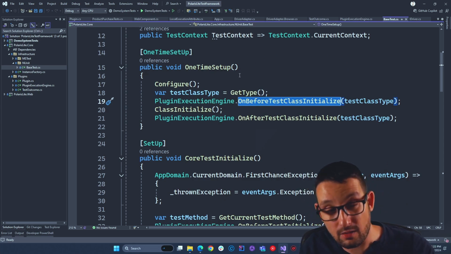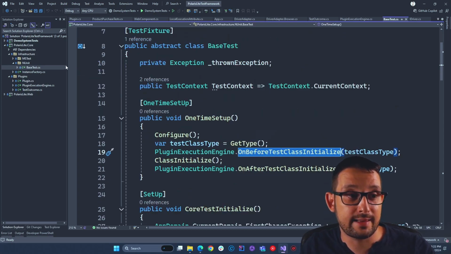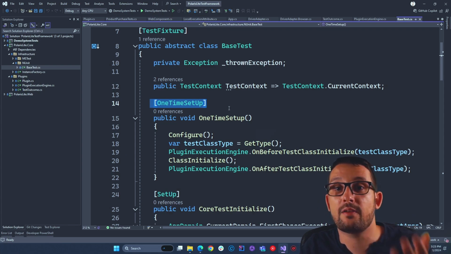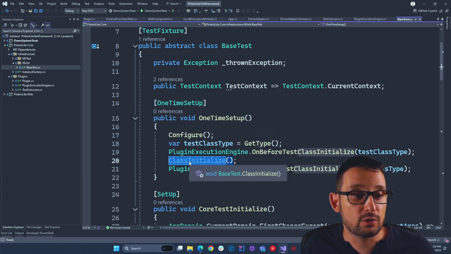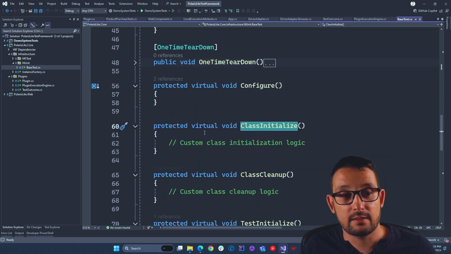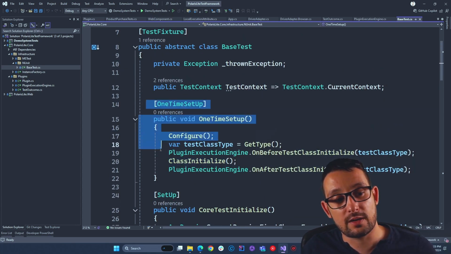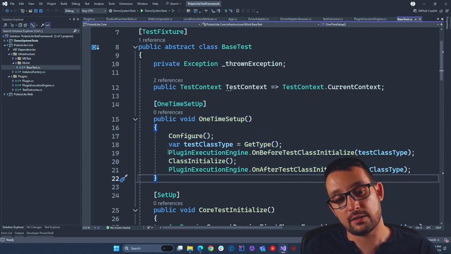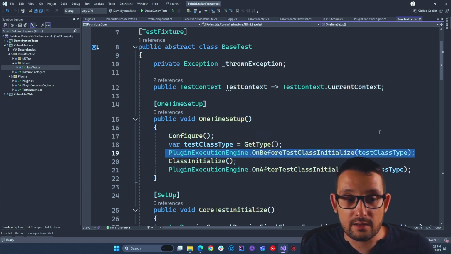And now in my child classes or in my tests, I won't use this attribute. Instead, if I want to execute some logic inside the class initialize, I'm going to override this protected method called virtual class initialize, right? The reason for that is that I want to have just one core one-time setup. And in order to use my plugin execution engine, here at this point,